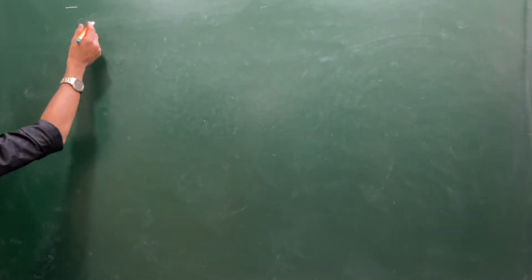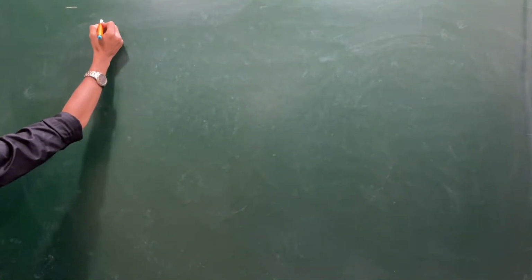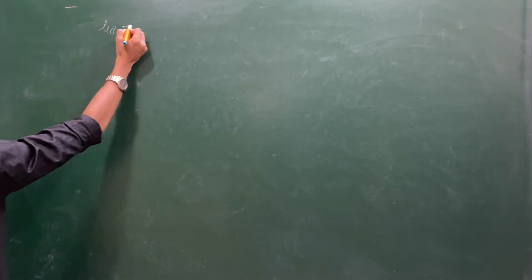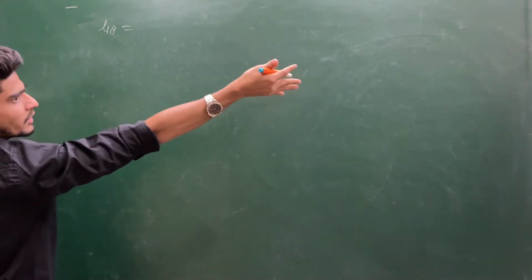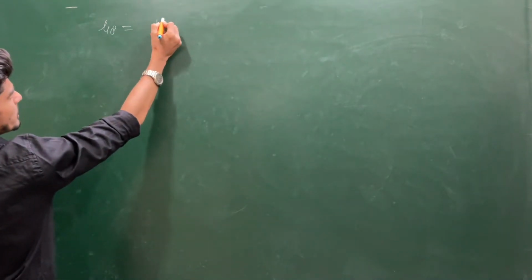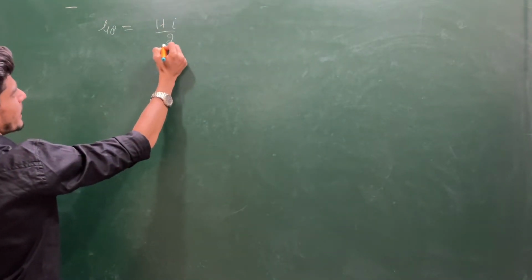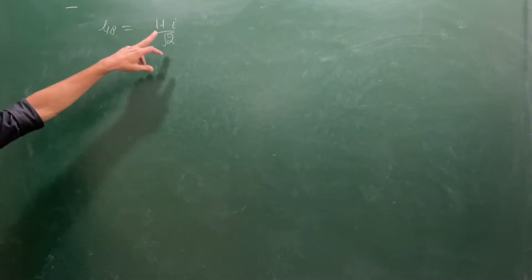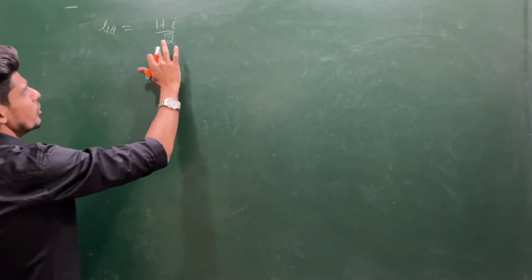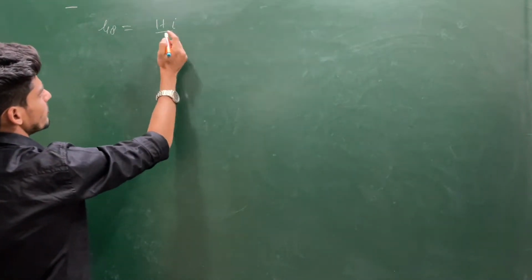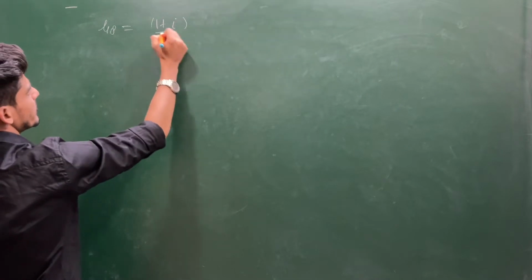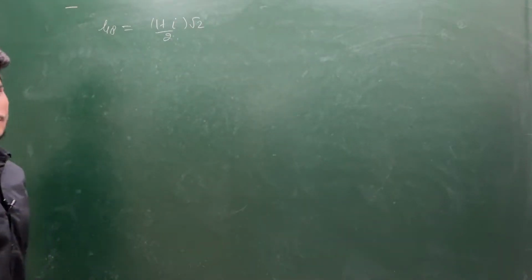So let's think about this. This zeta 8, which is the 8th primitive root of unity, which you wrote on the unit circle, that was actually (1 + iota)/root 2. If you multiply with root 2 in the denominator and the numerator, you will get (1 + i)/2 times square root of 2.